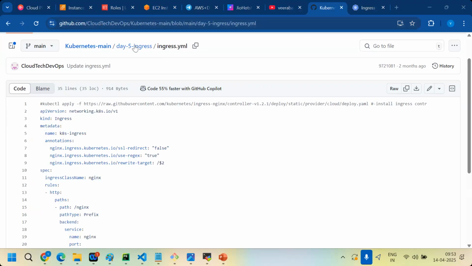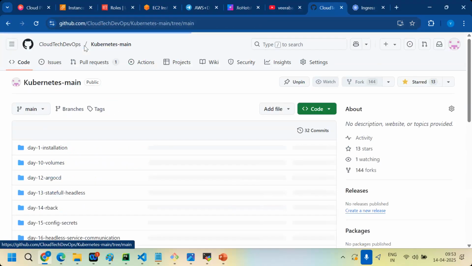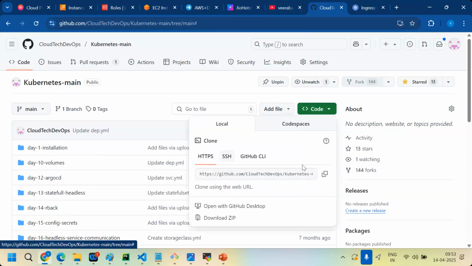So git clone. Let me clone this Kubernetes repository. You no need to worry about YAML files. No one will ask you to write big YAML files. I have explained how to write: just pod first version, next specific whatever that kind, next metadata, next specification. That's it only. No one will ask, can you write an ingress.yaml file? No one will ask. This is very clear.